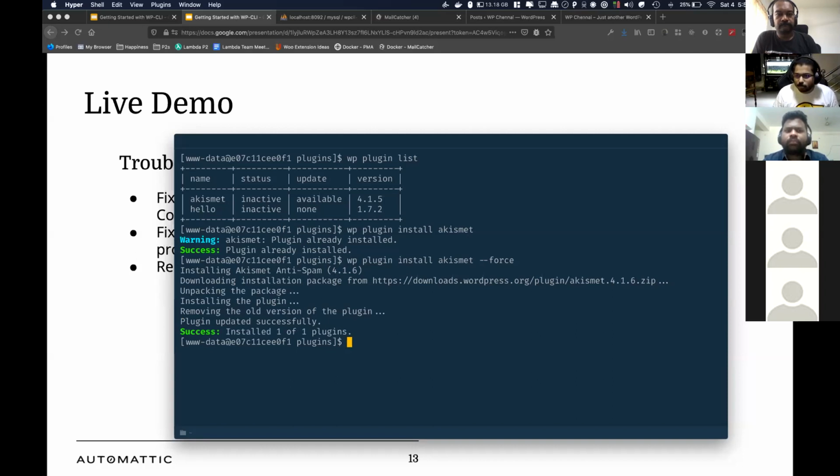Also, it is possible to download. So if you have a zip file stored somewhere, a plugin you have developed, then you can use a URL to download that file as well. Suppose like this one. This is one URL. All right,